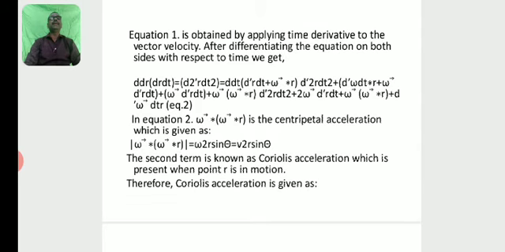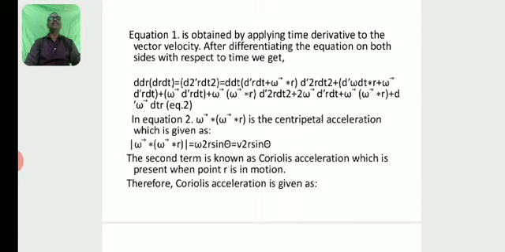So again d dash square r by dt square plus 2 omega dr by dt plus omega vector into r plus d omega vector by dt. Let this be equation number 2. In equation 2, omega vector cross omega